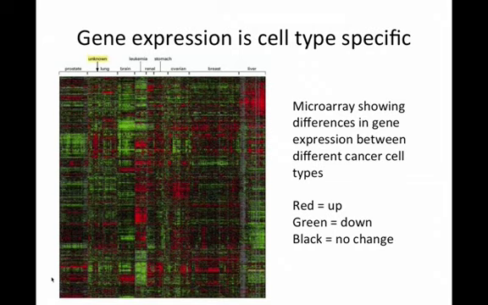So for example, here you see some green in these cells, and look, here it's all red. So here you're getting lower expression of whatever gene this is in these cancers, and in these cancers, you're getting higher expression. And so this is just to kind of drive home that concept that gene expression is cell type specific. So what kind of genes do you think are going to be expressed differentially in different cell types? Just what's your favorite? Okay, let's start easier than that. What kind of genes are going to be expressed the same in all cell types?